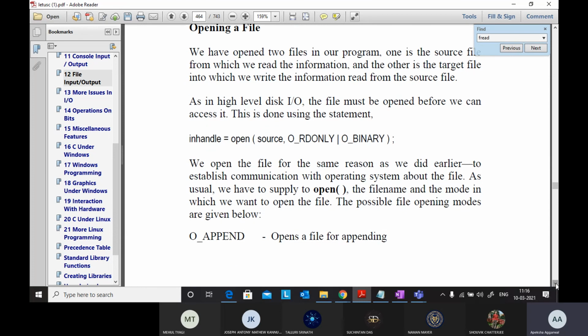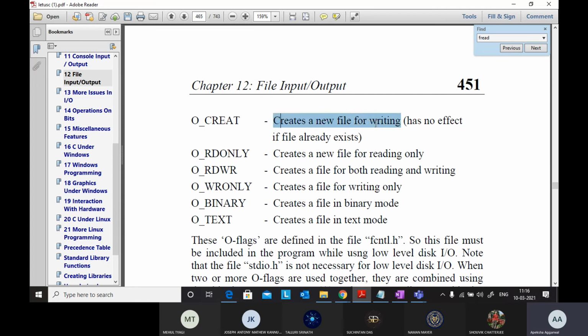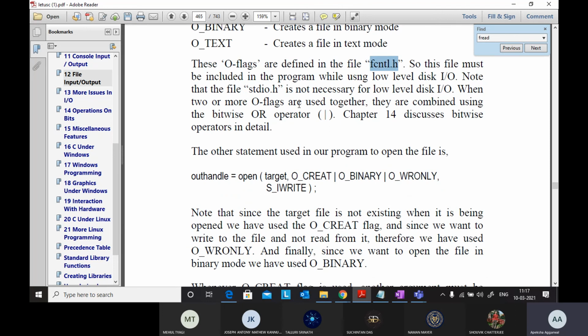The opening modes are: append, opens a file for appending; create, creates a new file for writing, has no effect if the file already exists; read only; read write, creates a file for read and write both; write only, creates a file for writing only; binary, creates a file in binary mode; and text, creates a file in text mode. These flags are defined in fcntl.h, so you need to #include fcntl.h, and you use the OR operator whenever you want to combine multiple flags together.